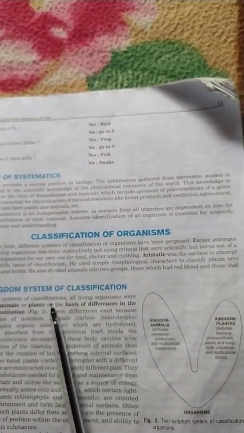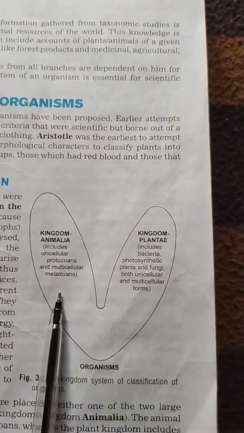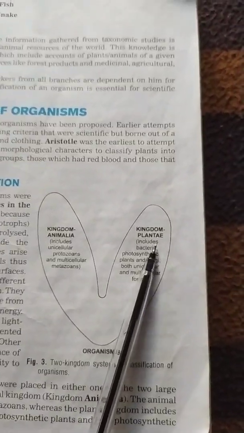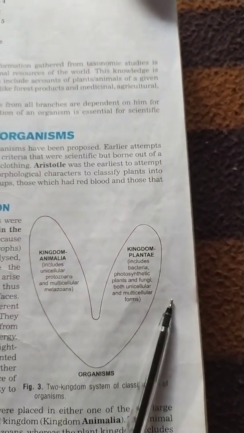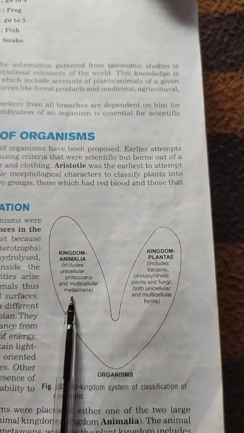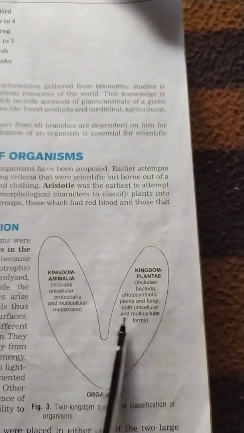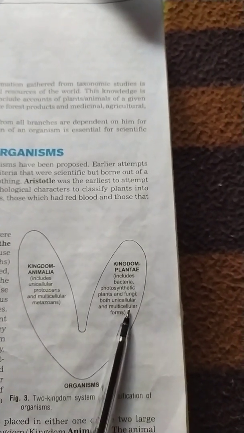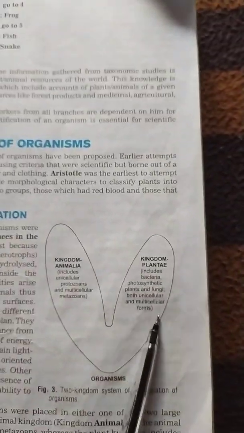Two kingdom classification. We see here the very first kind of classification, the two kingdom system of classification. All living organisms were classified as either animals or plants on the basis of their form and constitution. Animals were heterotrophs, feeding on complex organic substances, whereas plants, on the other hand, are autotrophs with a different nutritional mode because they synthesize their own food through photosynthesis.